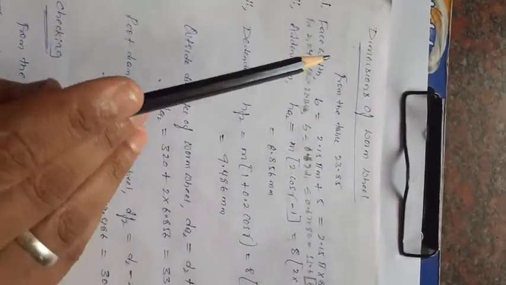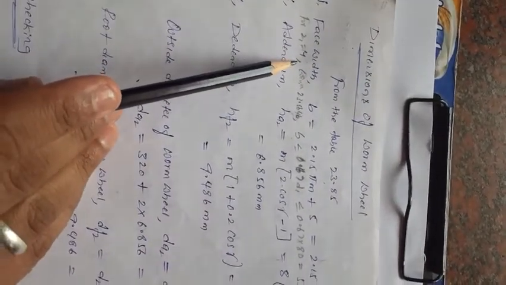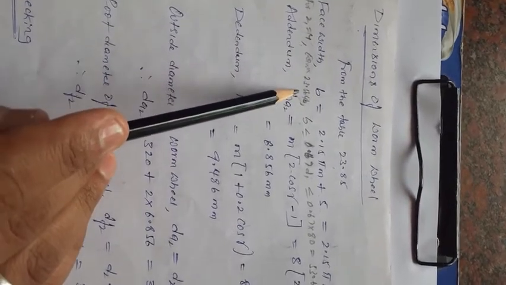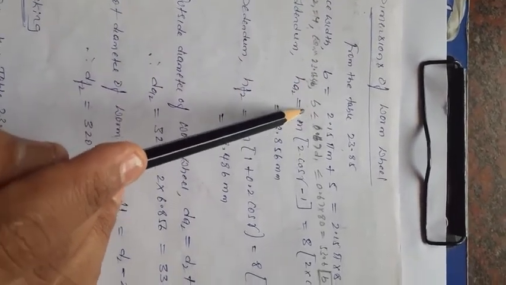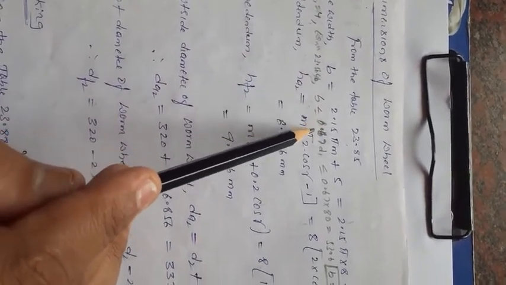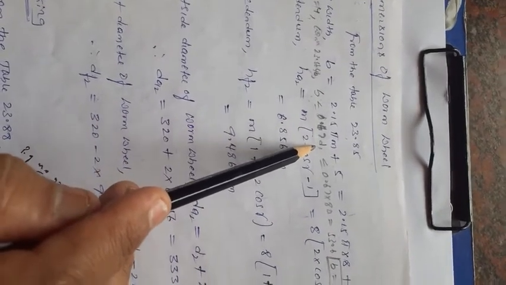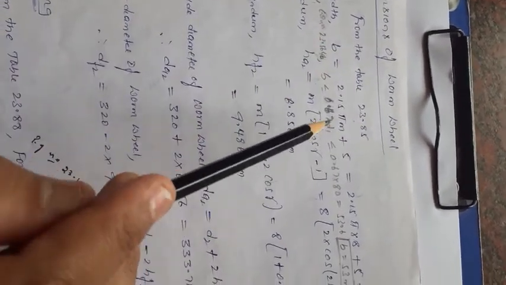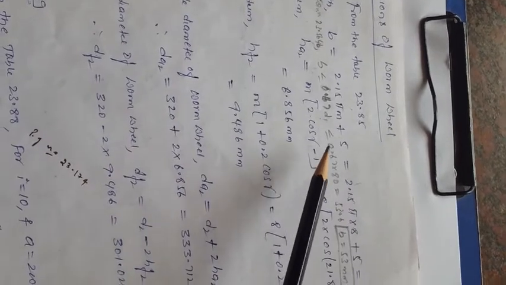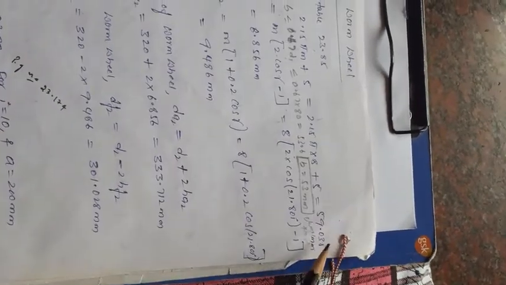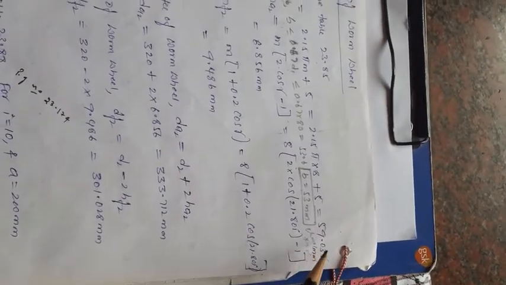What is the condition here? For z1 equal to 4 starts, you know the equation number 23.564b, the face width should be less than or equal to 0.67 times d1. This we will discuss in the design procedure, right? Now substitute the d1 value, and you get 53.6, but how much value did we get here? 59.035. Now it violates that, it does not satisfy the condition, so the design is not satisfied.